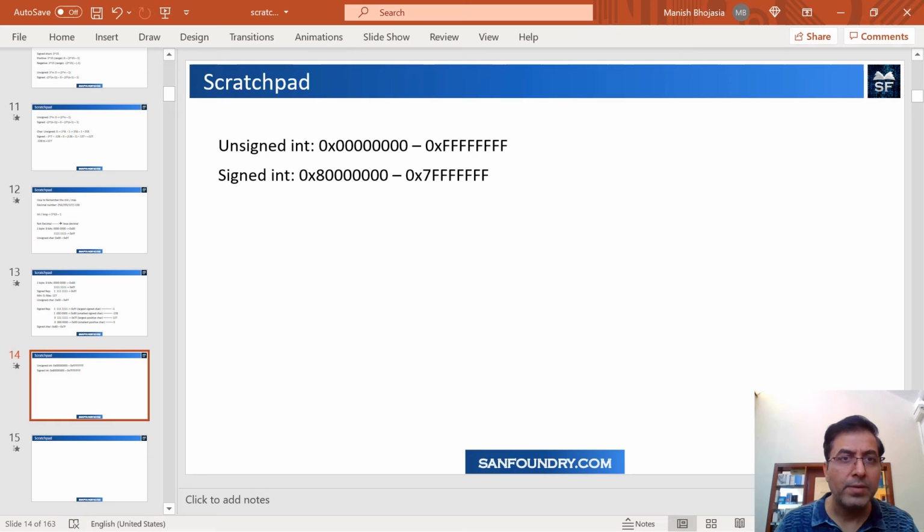I hope this clarifies some of our understanding. And this is very important because if you don't know this, in the world of system programming or embedded programming, we have situations where we have bugs. And debuggability also becomes a problem if you don't understand some of these concepts, because the debugger will give you data like this most of the time and you will think, oh, it's a very large number, when essentially it's a negative number. So we will have to understand this in good detail. Let's move on and see how we are getting penalized if you don't understand this concept.